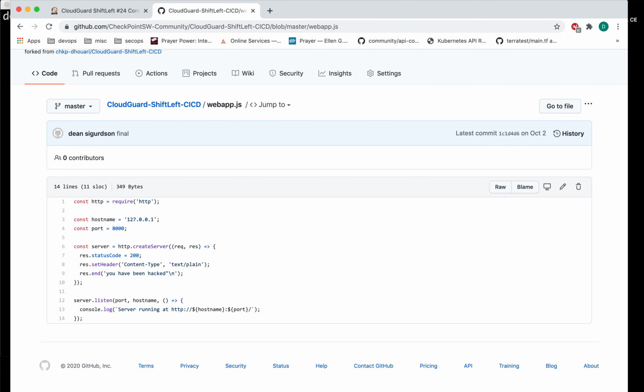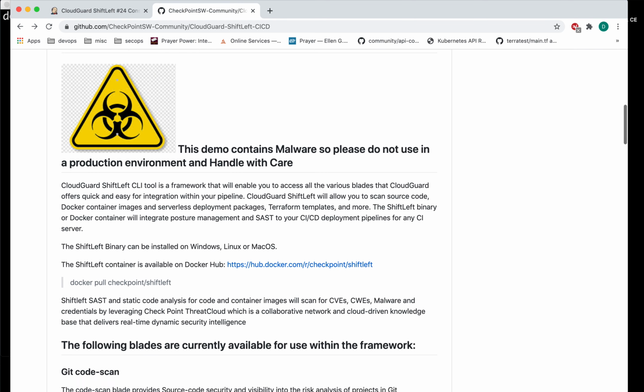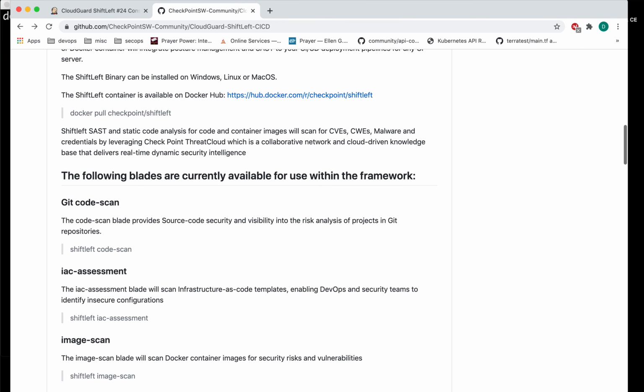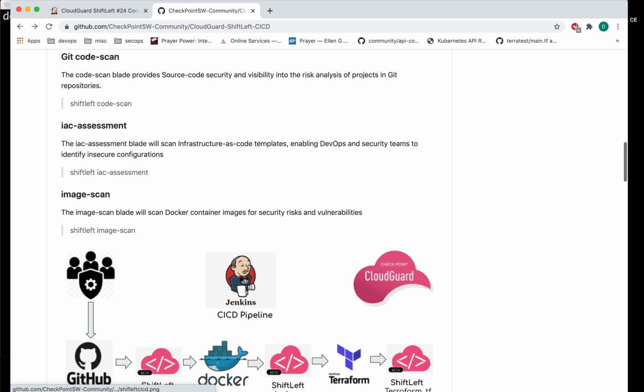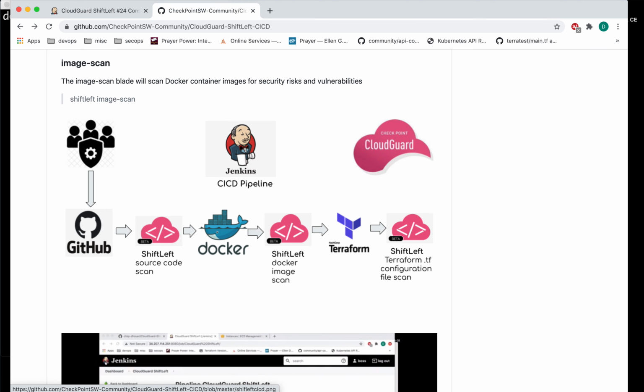So here, just be careful. If you run this demo, please do not run this in a production environment. It has to be in a controlled environment because these are backdoor and Trojan malware that are pretty serious. And the goal is to also showcase Shift Left from a security perspective,